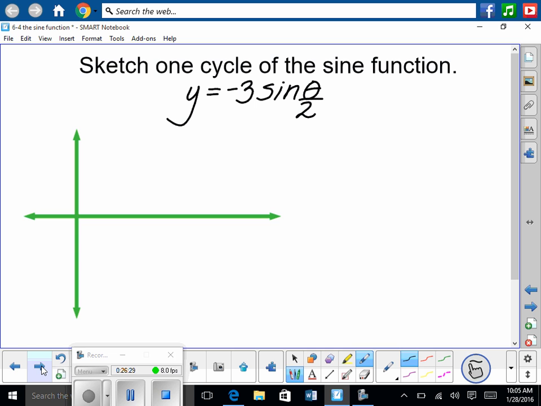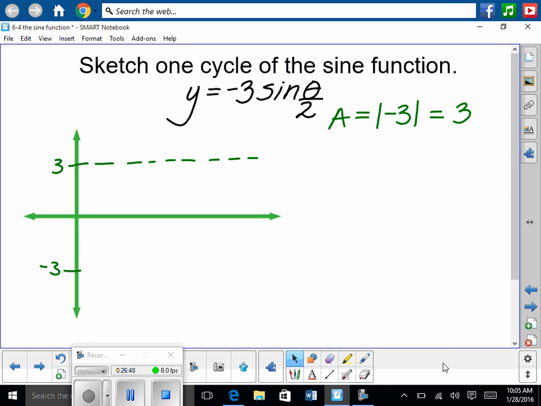One more. Quick. People, stay with me. So my amplitude is, don't call it -3 because it's the absolute value of -3, which is 3. So we're going up. I'm just going to go 3, -3. Draw in my asymptote. Dang nabbit. Why did it just go crazy? Just a sec. So my asymptote, sorry, finishing that out. Okay, so then my period, my length of my B value is the number of cycles